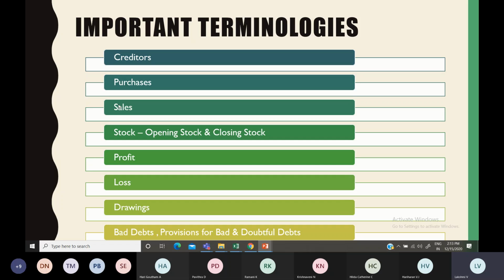There might be a lot of uncertainties: the customer may not turn back again, or he may not pay promptly on the particular date. If he is making prompt payment, then it is okay. Then I might allow some discount to him. All those things will happen there. But if he is not returning, or if he is paying very late, or at a certain point of time I think that he won't pay me back again, then that is considered as bad debts.